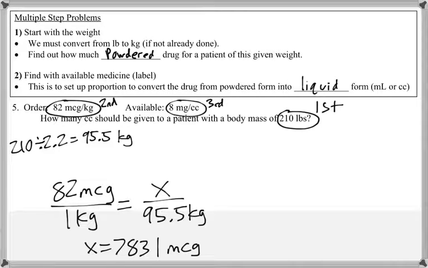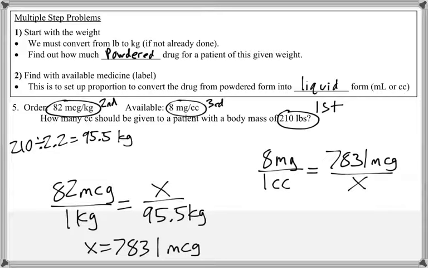So I need to lastly use this rate, and 8 milligrams over 1 cc is equal to 7,831 micrograms over x, and I need to convert this, so this will be 8,000 micrograms, and if I solve that, we're going to get x is equal to